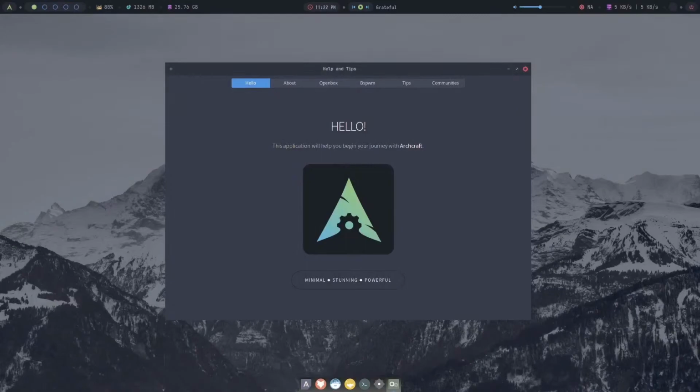So here we are now, all fully installed and rebooted into the distribution, and we now have a welcome screen saying, hello, the application will help you begin your journey with Archcraft. We're looking at a minimal, stunning and powerful distribution here. So let's just have a quick look at this welcome